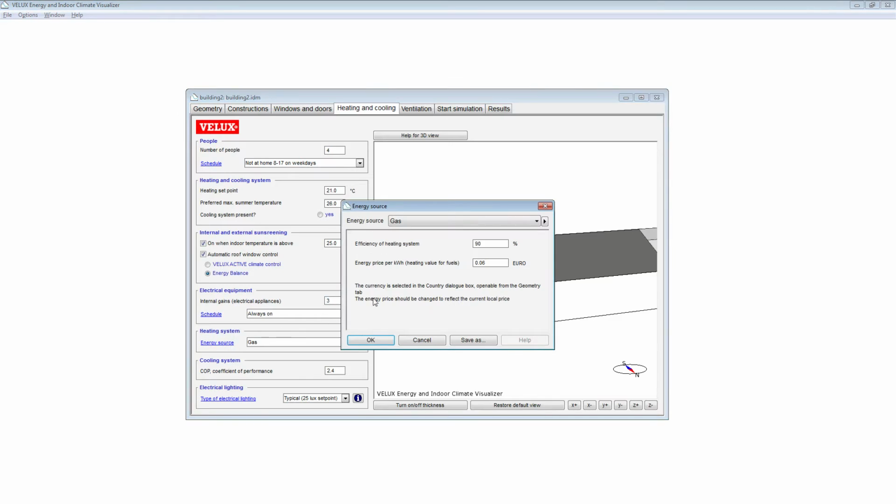If you want to estimate it in money, you can go in and change these properties for the amount of energy in money.